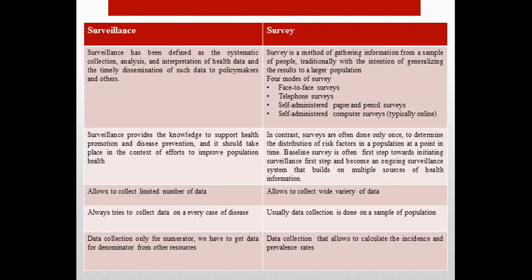Surveillance allows collection of a limited number of data, whereas a survey allows collection of a wide variety of data. Surveillance tries to collect data on every case of disease, whereas in a survey data collection is usually done on a sample of the population. Data collection is only for the numerator. We have to get data for the denominator from other sources in surveillance, whereas survey data collection allows